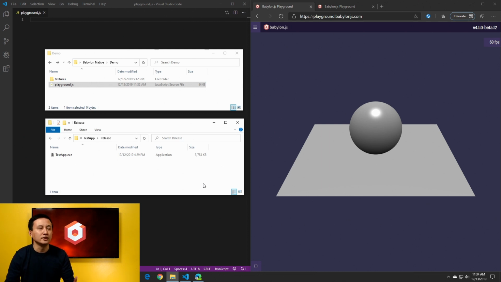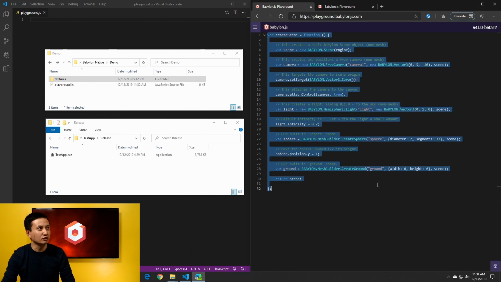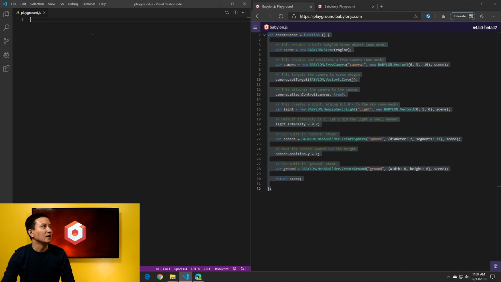So what I'm trying to do here is set up a playground similar to how the web playground works. In this folder, I have a playground.js script as well as a textures directory with an environment in it. I'm going to use that environment a little bit later. If you've ever used the Babylon playground, you know that the default scene looks like this. And what I'm going to do is copy this script and put it into the playground.js that I have open